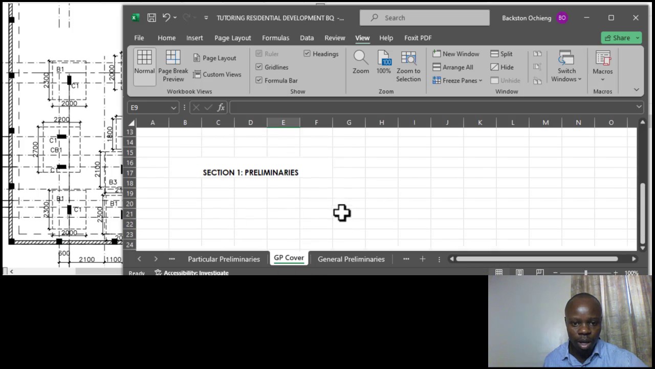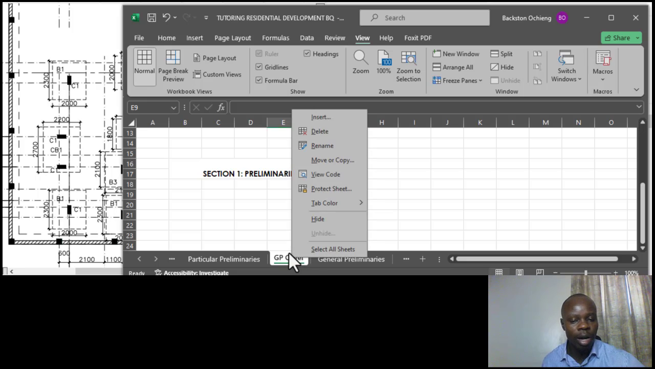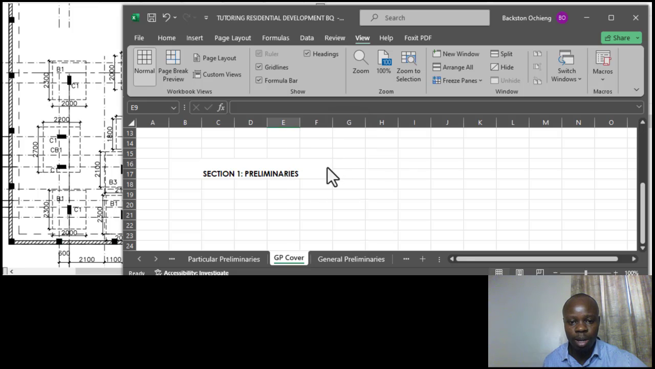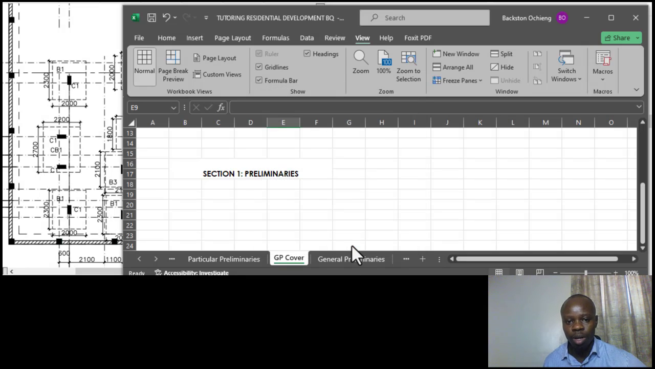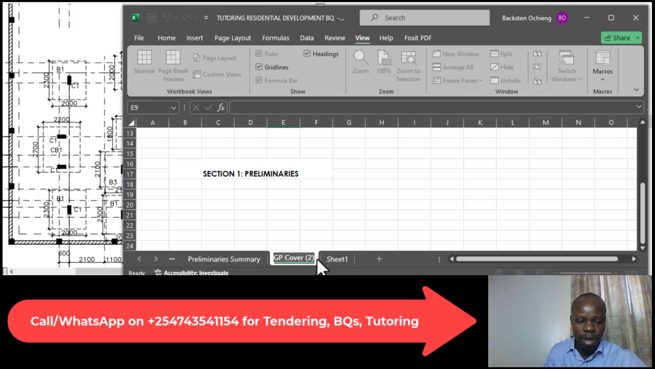So what you do, just right click on the ones that you had made for the covers. Right click, and then you say move or copy. Okay, this is a GP cover. That is the one that I want to copy, and then you create a copy. Once you've highlighted that and done your selection of what you want copied, you just drag it aside to where you want it to be placed, then double click, then you can say this is now builder's work